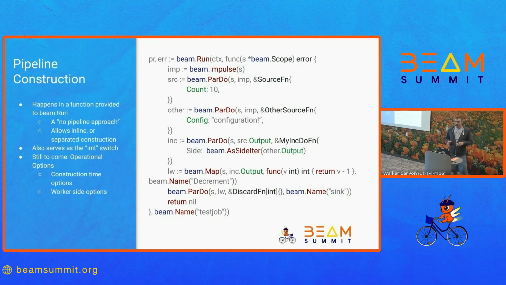This has kind of been inspired by a document Robert Bradshaw wrote several years ago called Pipelines Are Considered Harmful or something similar. But it's mostly because the pipeline object is very easy to kind of forget. You already have the intent of running the pipeline. So passing how you're building the pipeline to something that is going to run it seemed like a better idea. But this allows you to have like an inline pipeline construction or even a separate function that will build the